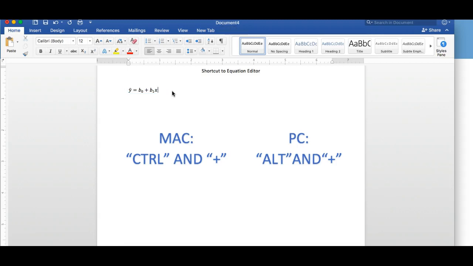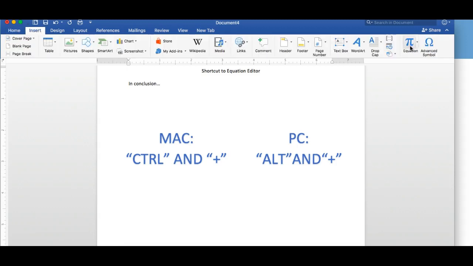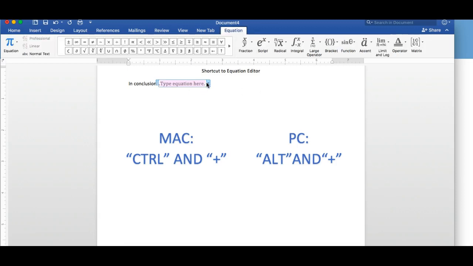If instead of this, I actually was typing up a sentence already, in conclusion, blah, blah, blah, and then I'm ready to put my equation in. I could either go to my insert and click equation, or I could use my shortcut. And if I wanted to say something